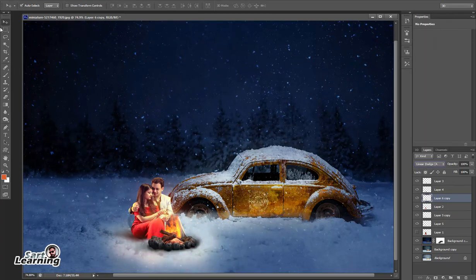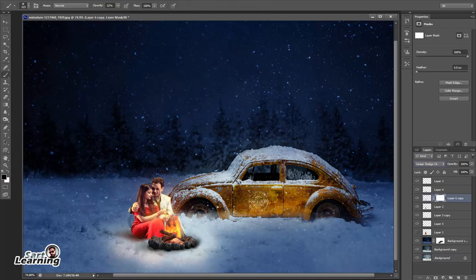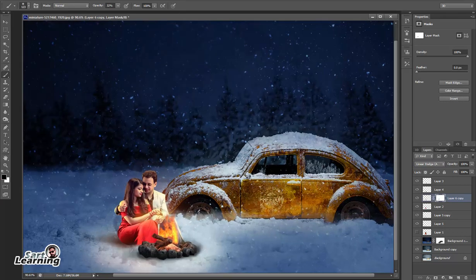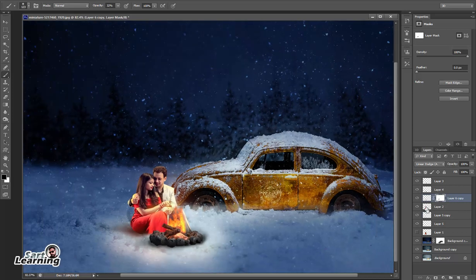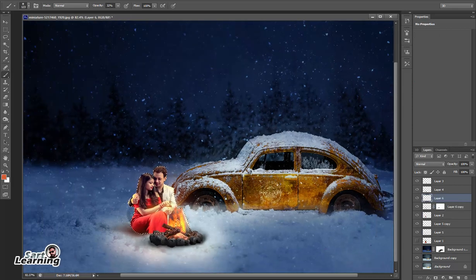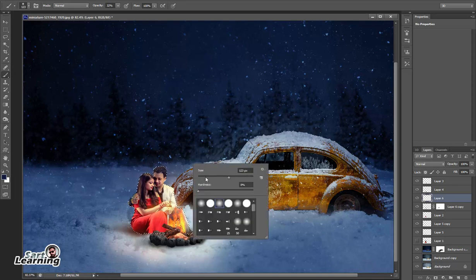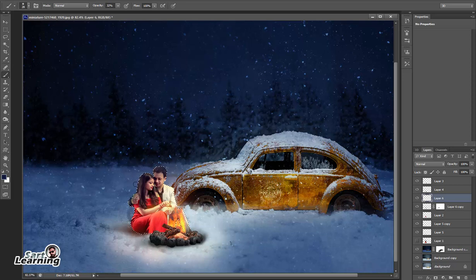Now almost the shadow looks good and the highlight is also good. Now give some depth to the couple. For this I just select the couple area with the help of Control and click on the layer thumbnail and add darkness to the edges with the same blue color because the night color is very bluish.